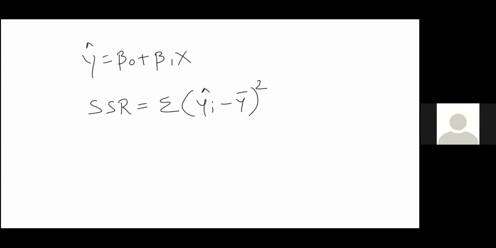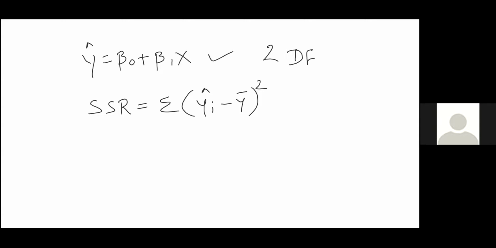Now let's go back to y cap is equal to beta 0 plus beta 1x. In this instance, we have 2 degrees of freedom, right? If we are estimating y cap, we have 2 degrees of freedom as we saw earlier. So we'll say 2 df. But when we talk about regression sum of squares, we have to calculate SSR, which is regression sum of squares. It is calculated by summing up yi cap minus y bar whole square. So it is equal to sigma of (yi cap minus y bar) whole square.